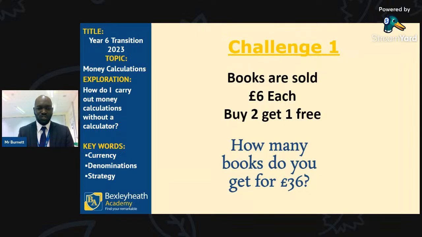Now, we like to sometimes give a hint in class. If we look at the class and we find that most people are stuck, we don't give you the answer directly. We will first give you a hint. So the hint is, think about how many books you would buy at a time? Buy 2, get 1 free. So you would buy the books in sets of how many? That's the hint for this question. Buy the books in sets of how many?